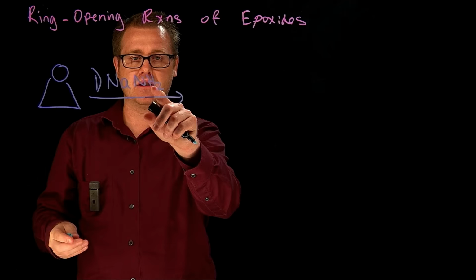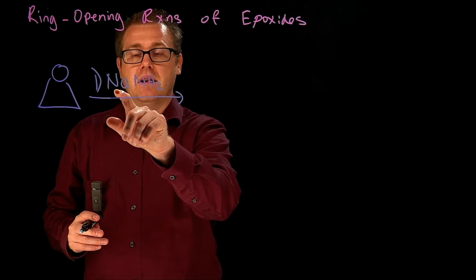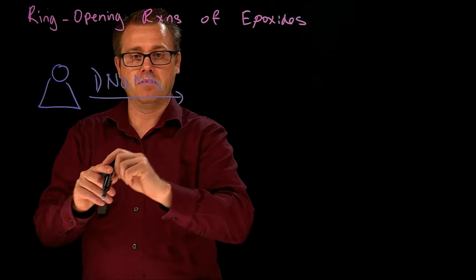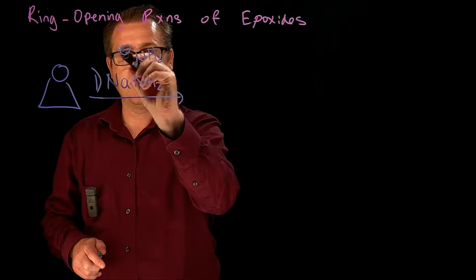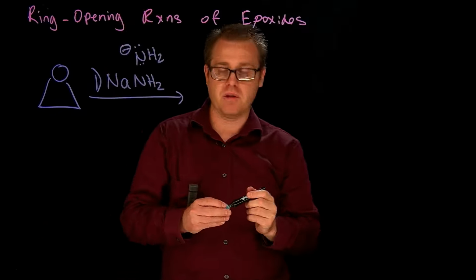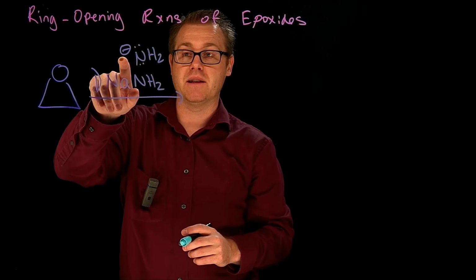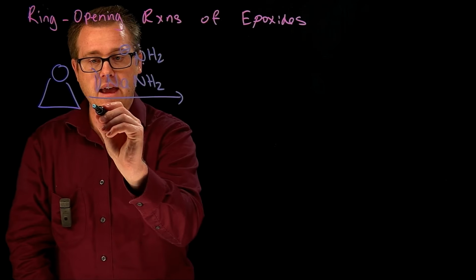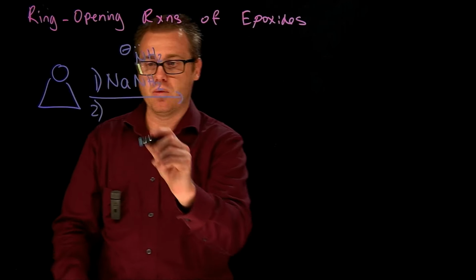Now, why do I know this is a strong nucleophile? Because if we get rid of the metal, the sodium, what does that look like? That is simply an NH2 minus. And strong nucleophiles typically have a formal charge of -1. And then you have to have step 2, which is an acidic workup,